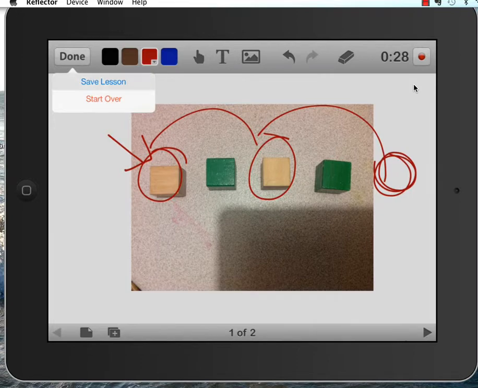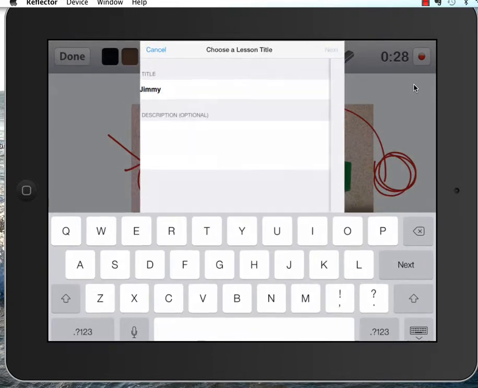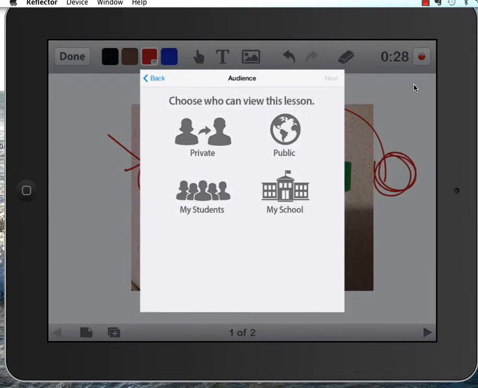And I say save lesson. At this point, I'd have to give it a title. We could teach the kids just to give it the title of their name. And we just say we're going to keep this lesson private